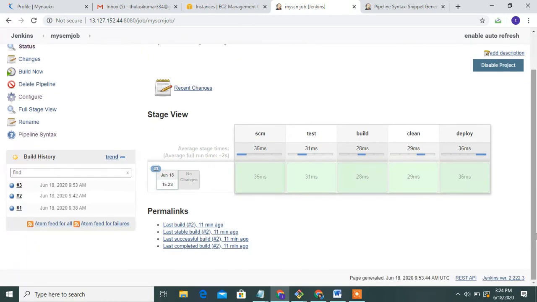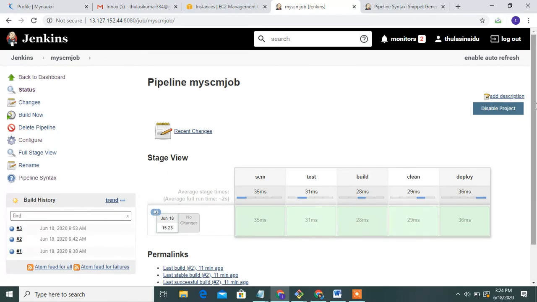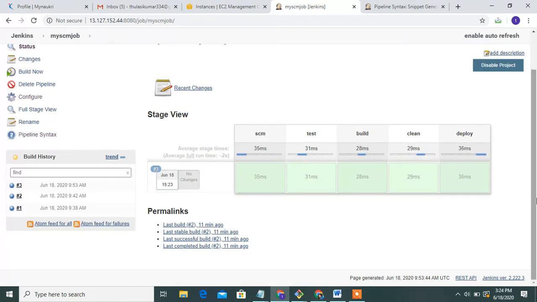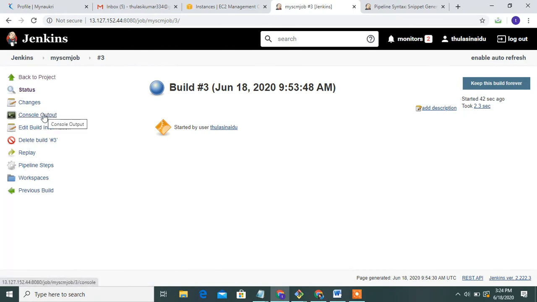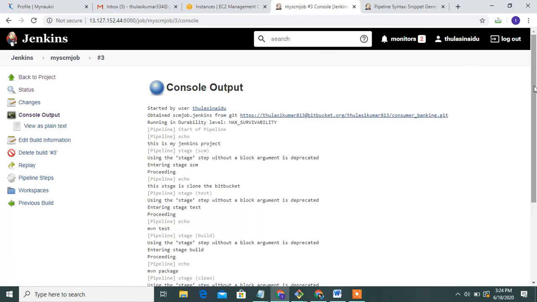These are all the stages executing. In your case, try to learn how to install Ansible, how to install Docker, how to deploy WAR and JAR files in Tomcat. Next, choose to show the console output.